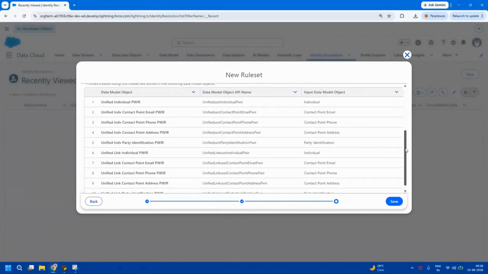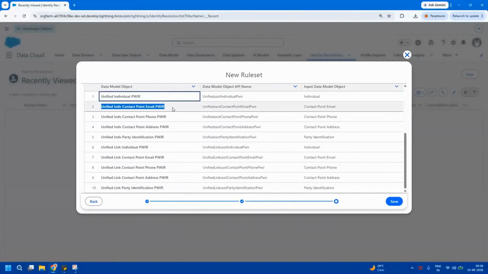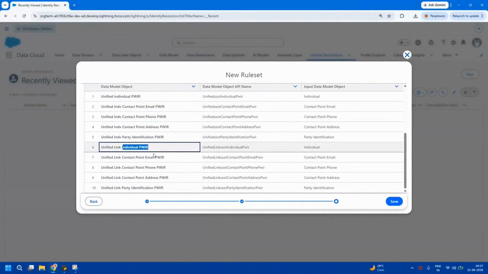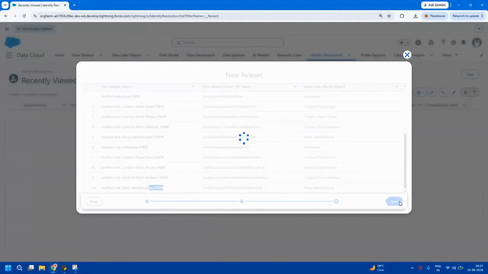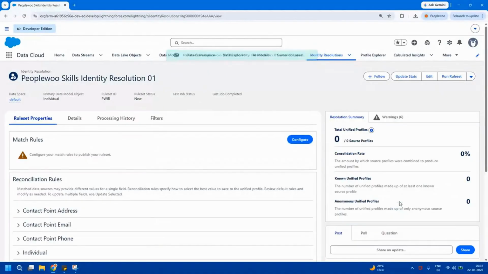As we scroll down, we can see the unified data model objects that will be created after identity resolution completes. In addition, Salesforce creates several link objects that maintain relationships between source records and unified records. These link objects help us trace every individual profile back to its original source record. On the right-hand side, we currently see 0 source profiles unified because the rule set has not yet been